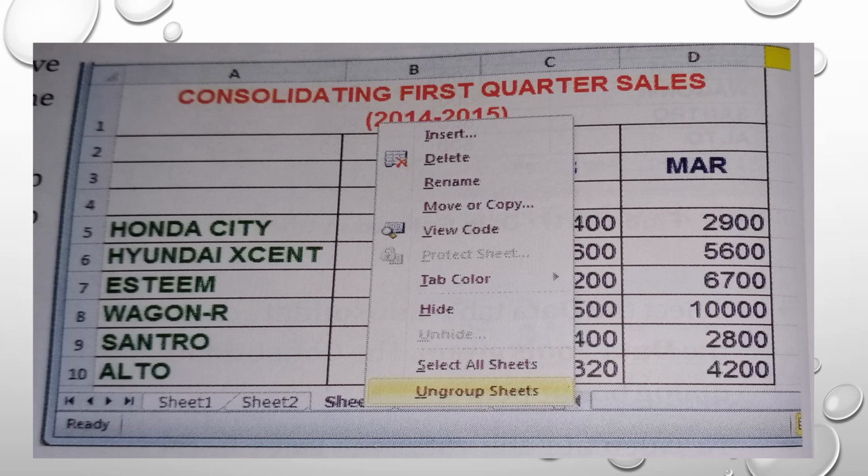To ungroup a worksheet, click on any other sheet tab except Sheet 1, or right click on any grouped sheet tab and select the Ungroup Sheets option. All the three sheets will display the common data with the formatting effects. Click on the Sheet 2 tab and change the year to 2015. Similarly, change the heading to Consulting. First quarter, Sales. In Sheet 3, share the worksheet with the name Multiple.